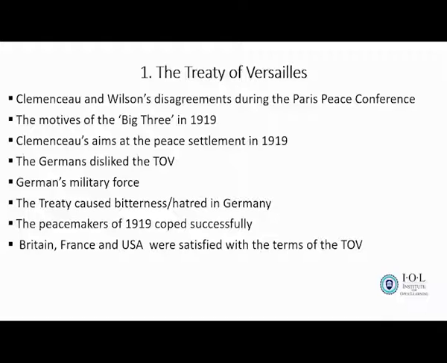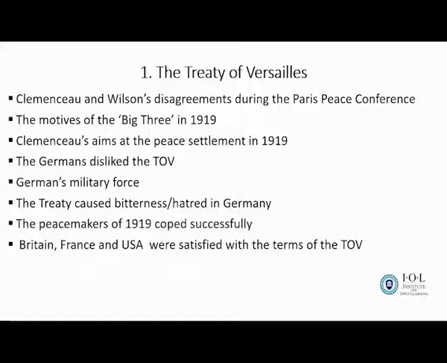We all know that the Germans were blamed for starting the First World War. So Woodrow Wilson wanted them to be punished but not severely, because he was scared that if we give them a heavy reparation, when they recover, the Germans will start another war. So he wanted to avoid another war at all costs. That's why he wanted fair treatment between the Allied powers and those who lost, the Central Powers. And now we have George Clemenceau from France.